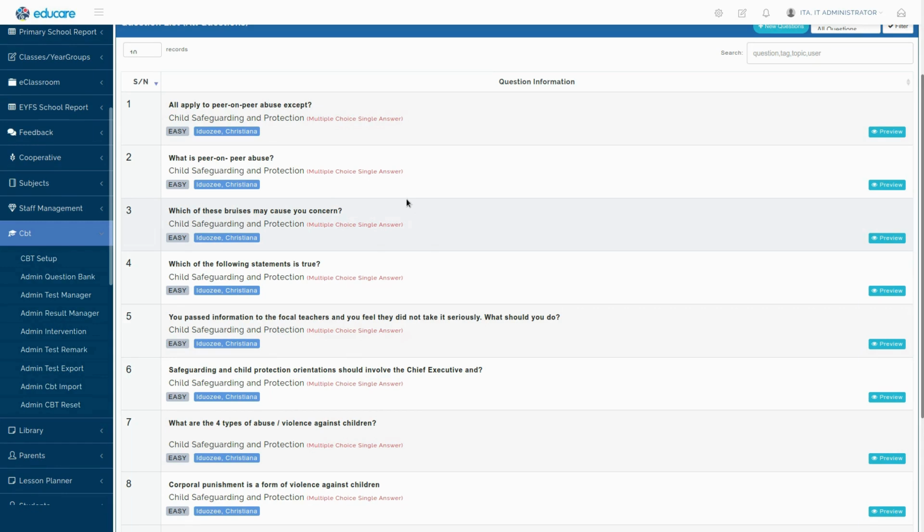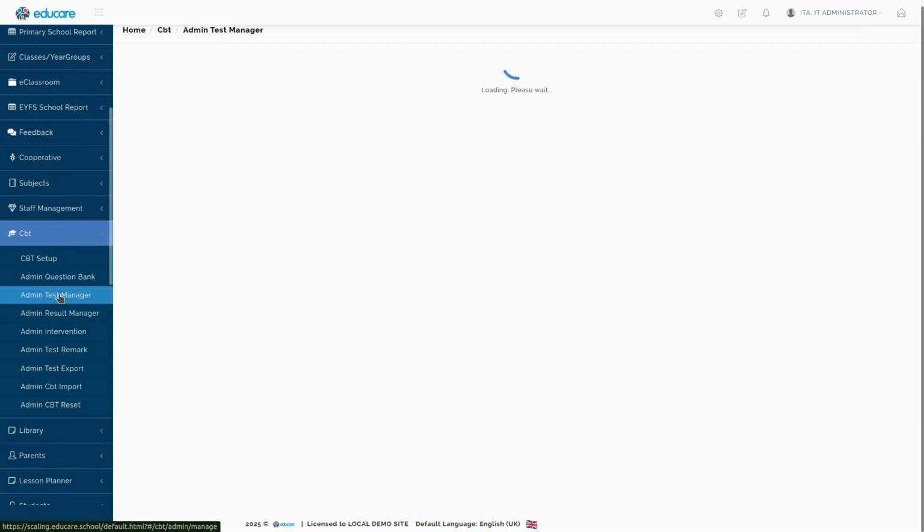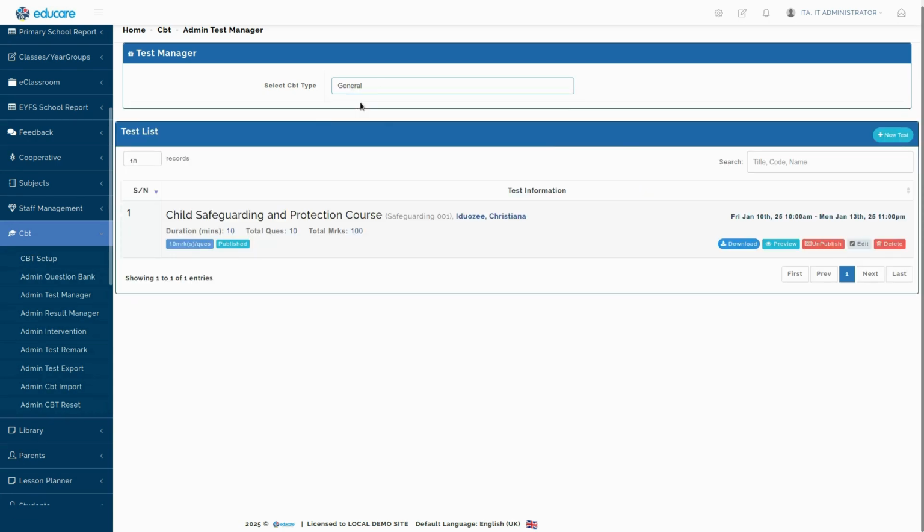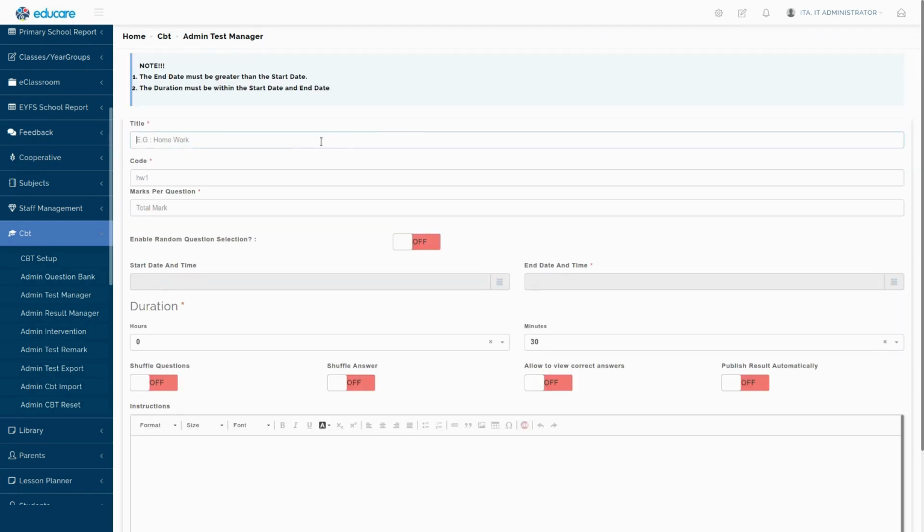So let's go ahead and set up a test. To do that, we proceed from question bank to test manager. And in the test manager, again, you select general. And in that general, click on new test. New test will allow you to create as many and different tests as you want. So this is going to be, for example, I'm going to call it geography